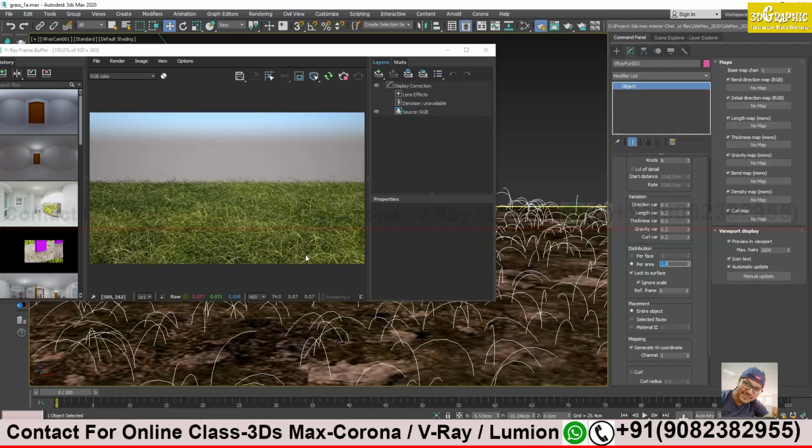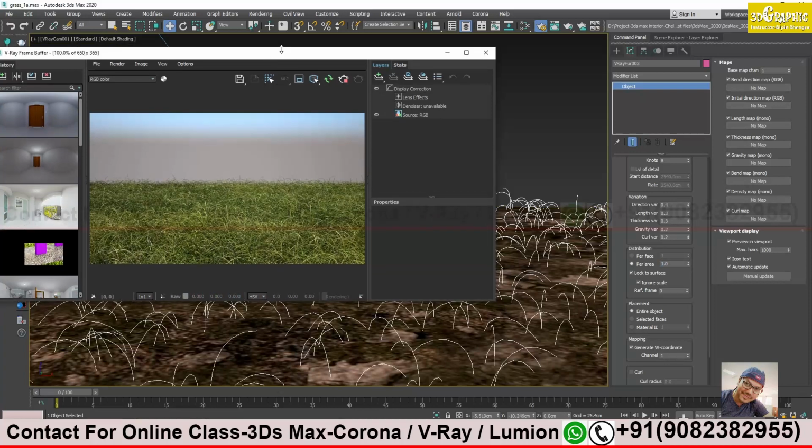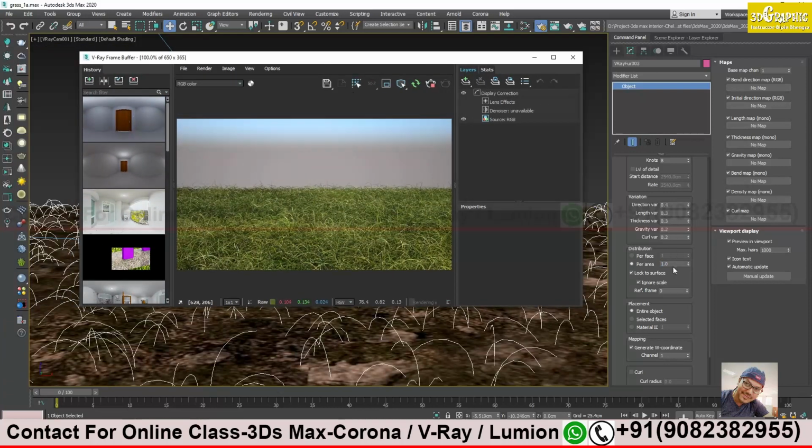I'm not giving very high density because it will take time in renders. It's difficult for me to explain. So I'm keeping it very low density. When you work, you can give a higher value over here. I'm keeping it not very high so that it will give me a quick preview. The more dense, the more time it will take. Quite obvious, no?